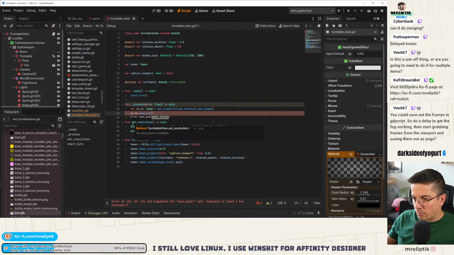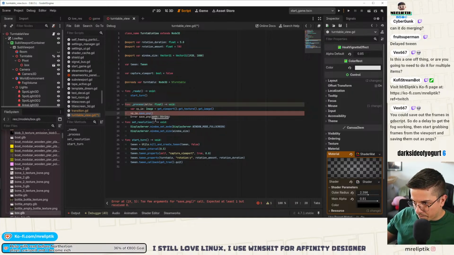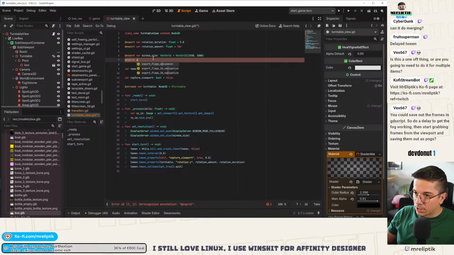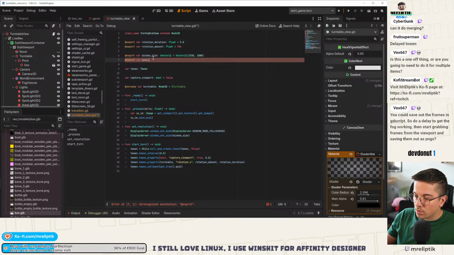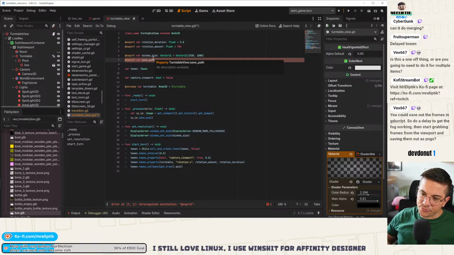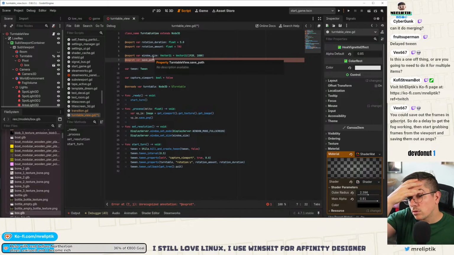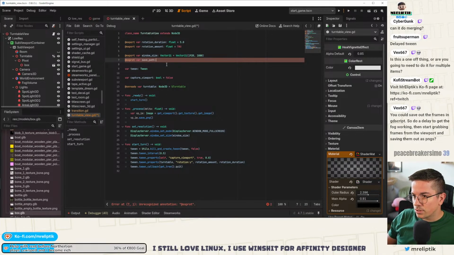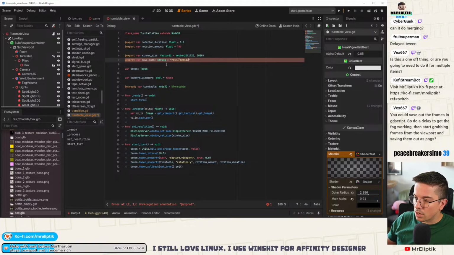Save PNG and path. Okay. Let's have in here the save path. Is it local? We can do res, right? We can do res. So string, it's going to be res media something, and it's going to be